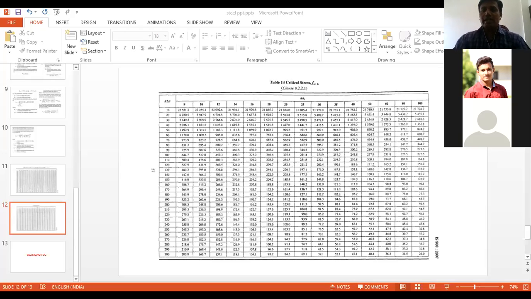So we'll calculate now. Nothing is given excluding the length and the UDL. Now we'll see the first step, L effective. What is L effective? That is 4.5 plus 0.25. This 4.5 is the clear span, it is not L effective. L effective can be calculated by adding 0.25. It becomes L effective equals 4.75. 4.5 plus 0.25 becomes 4.75 meter.